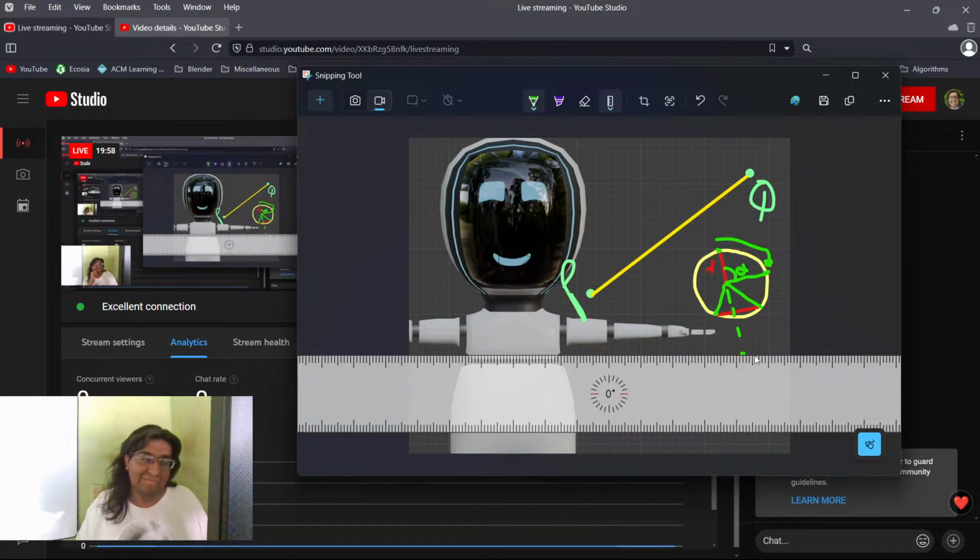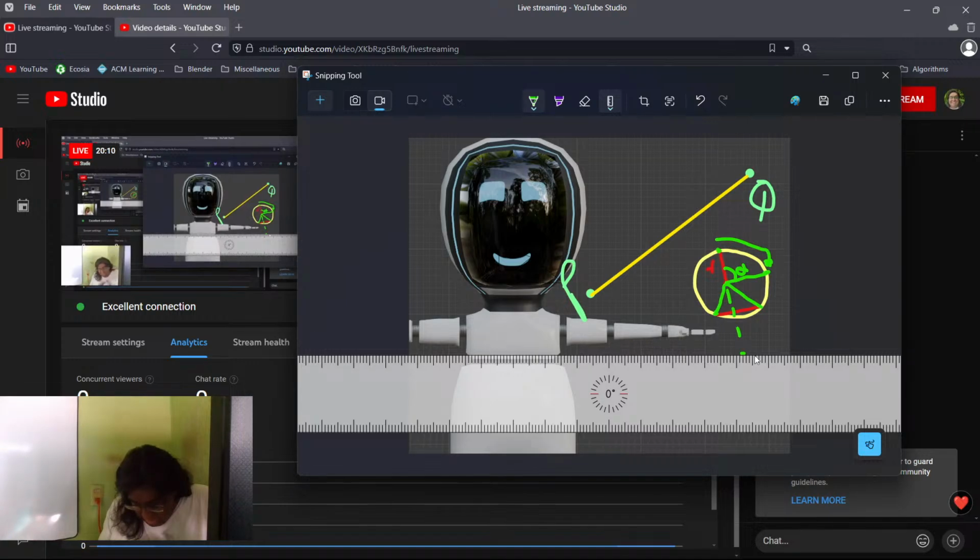I wish I could be faster, but these are mathematical things that I haven't revisited or learned in my entire life. We draw a radius from the center of the circle, because we have the radius, to